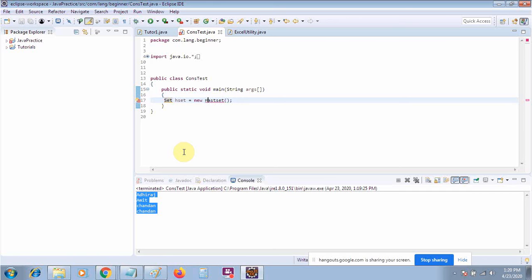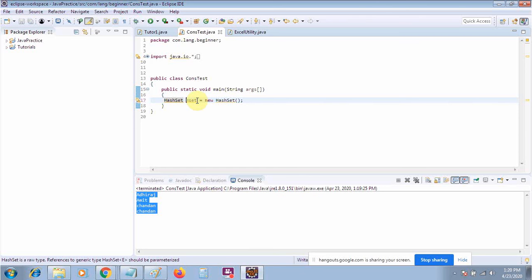It's a spelling mistake, I think. This is a HashSet. The S will be in capital, not small.